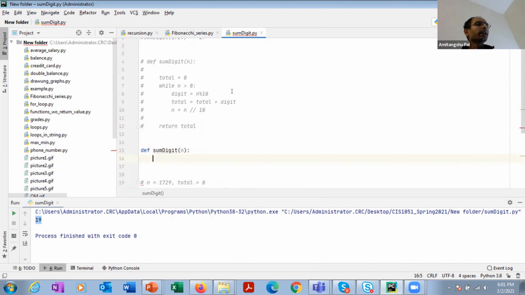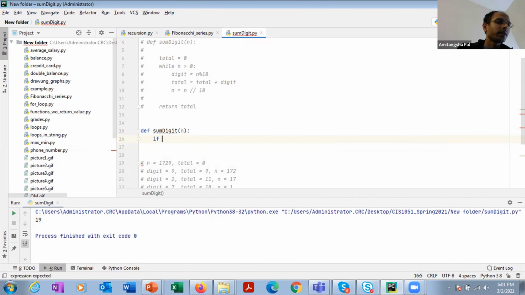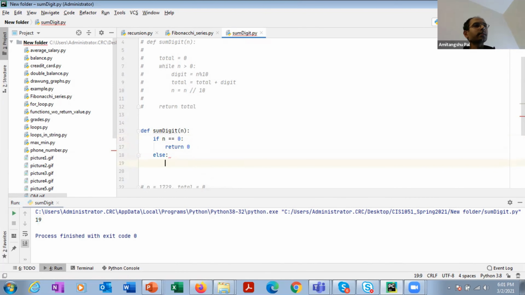So again, as I said, every recursive call has a base case and a general case. So here what is the base case? The base case is when n equal to 0. So if n equal to 0, it should return 0. Else, I need to write the general case.